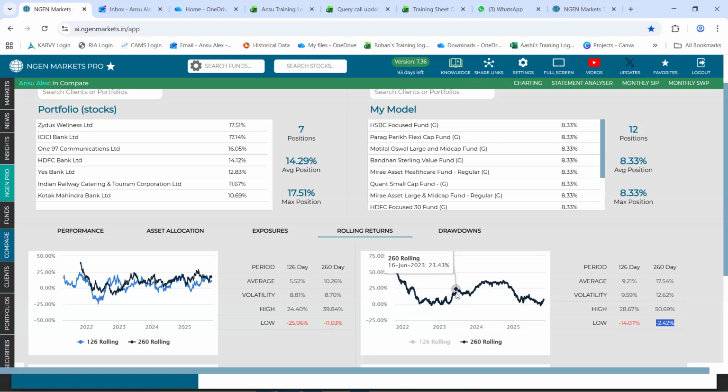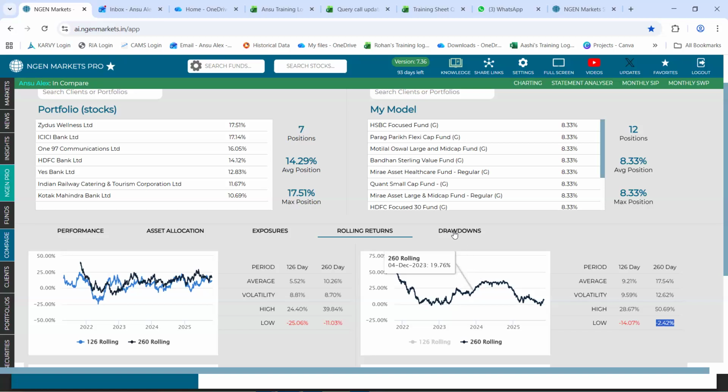Now, on these line charts that you see, you could anytime keep your cursor on any of them and it will tell you the rolling return as on that respective date. For example, if I keep it on this line chart, you can see some data coming up: 26th June 2023 and next to that it is 21.64%. So it says that if you hold on to this model portfolio exactly 260 days prior to 26th June 2023, you would have had a rolling return of 21.64%. Any data point you keep your cursor on, the understanding is exactly the same as what I just highlighted.